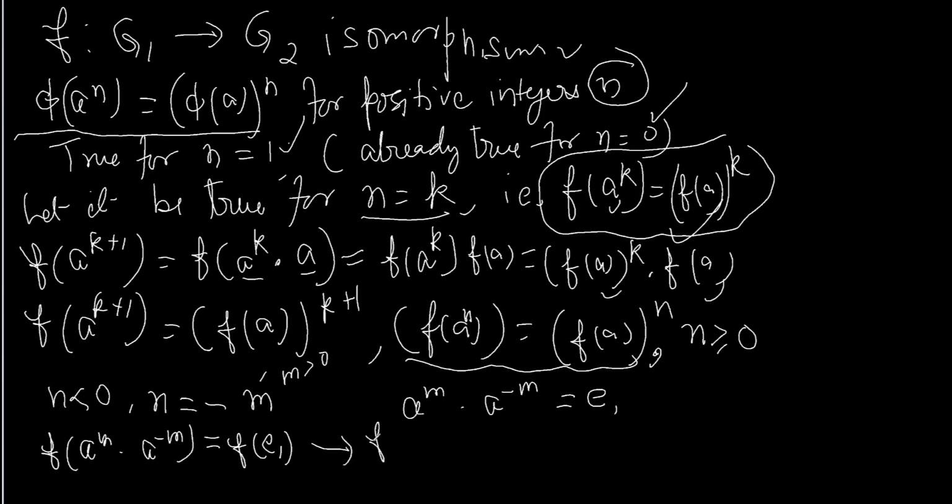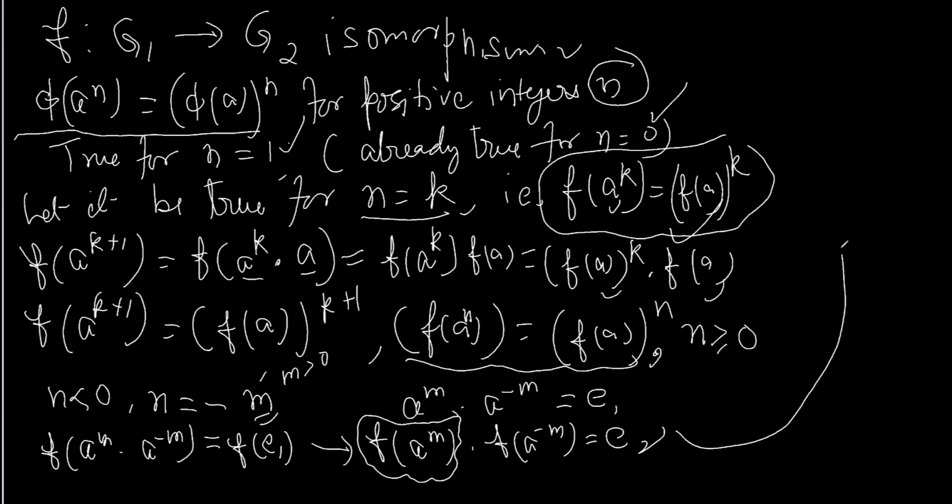Which means f of a to the m times f of a to the negative m is e2. All right. Now, pay attention to this portion here. m is a positive integer, right? So what will this do? Let's come up here. That f of a to the m will become the power m on f of a,